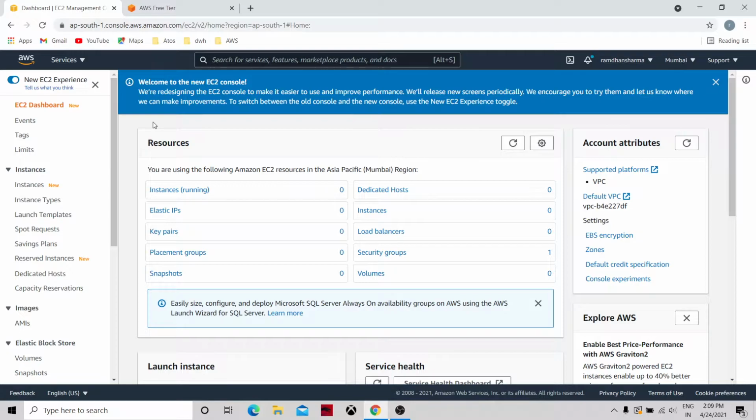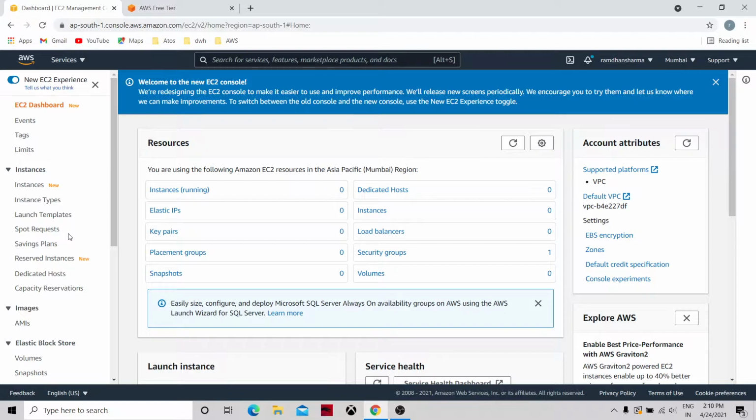Before that, we can discuss a few concepts or various types of EC2 instances. Like there are spot requests, which are requests based on bids.